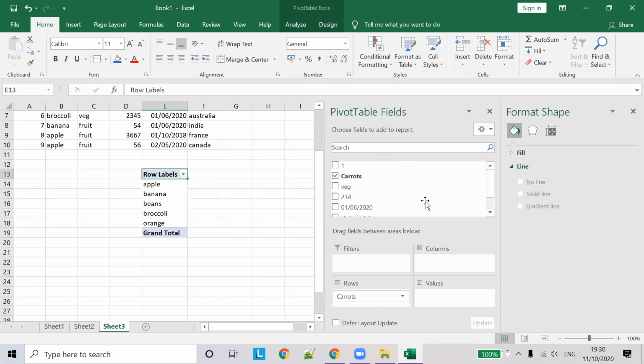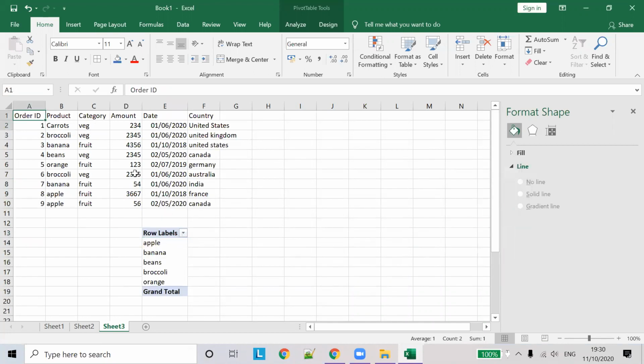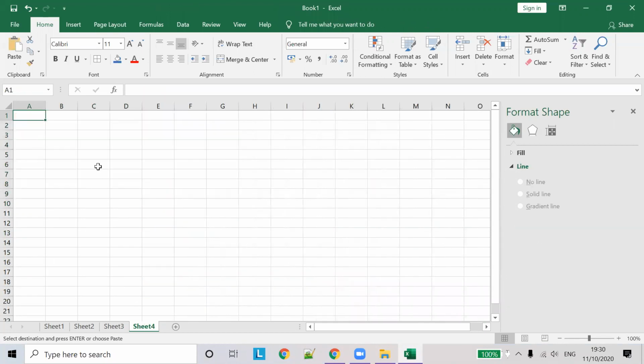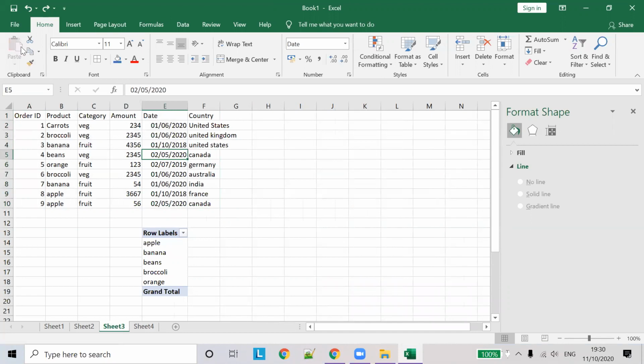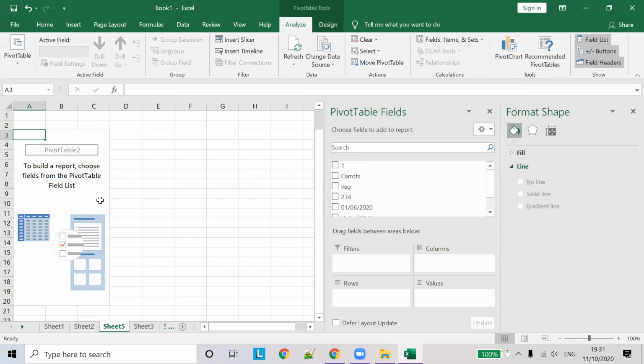So choose whatever. Insert table, and I cannot see the top table information.